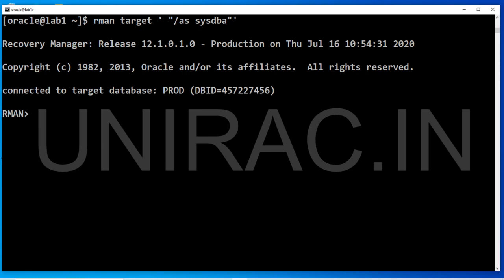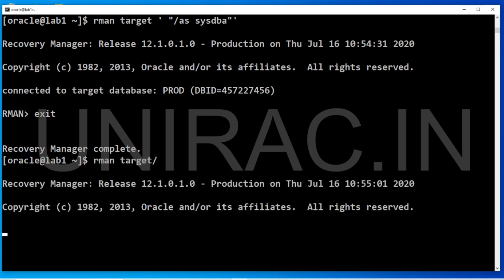You can connect to operating system authentication as sysdba as well. But this is prior to 12c, commonly we use sysdba. But now the role has been segregated with sysdba. Better always use sys backup. We can also explicitly connect using rman target /. This default, it connects to that. It's connected to target database.